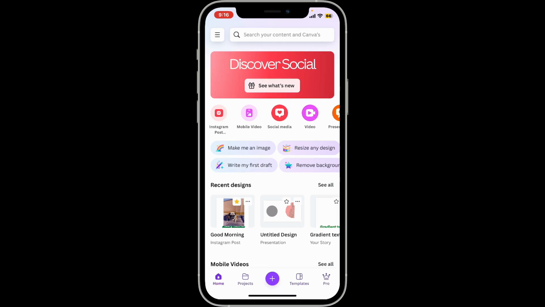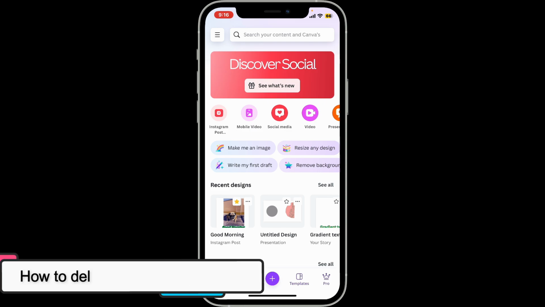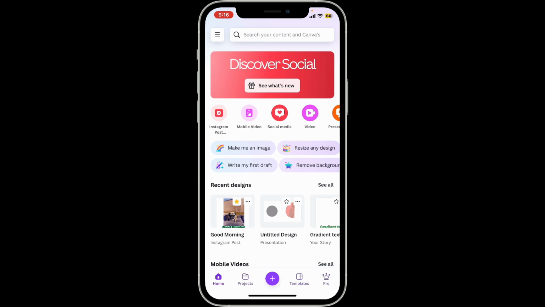In this video, we are going to be learning how to delete a theme in Canva. First of all, open your Canva application on your mobile device or your computer and make sure that you're logged into your account. To delete a theme on Canva, go to the top left corner and tap on the menu